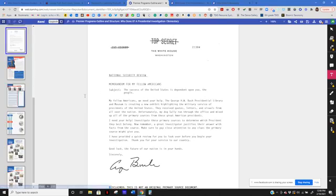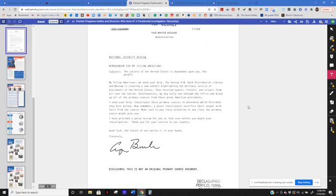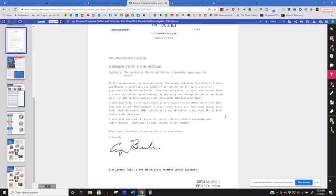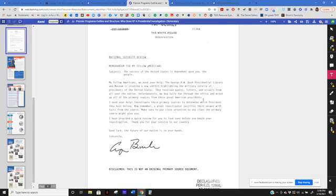The next page, and this honestly is probably my most favorite part of each program, is George Bush's top secret letter. So what they do with this is your hook. This is how you get them excited for their activity. So it's a letter written from George H.W. Bush that you could then have students find in your classroom. They could do their own investigation to find it, or you could just read it out loud, post it on the board. So for today, I'm going to read it to you so you understand what their task is